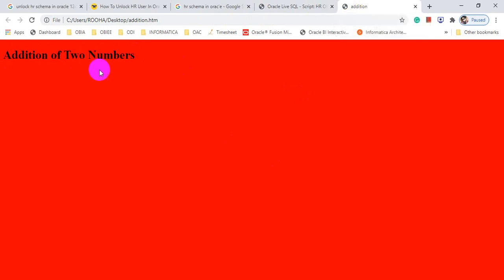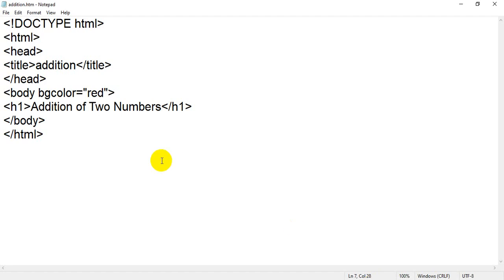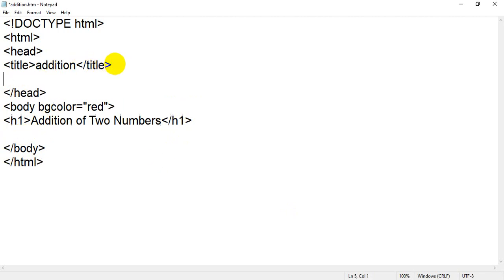Okay, so now we are going to add JavaScript. You have two choices where you can insert your JavaScript. Either you can add it anywhere inside the body tag, because your body tag starts from here and ends over here, or you can add your JavaScript code between the head tags, meaning opening head and closing head. So it's up to you where you want to add. Now I am going to add it inside the body tag.